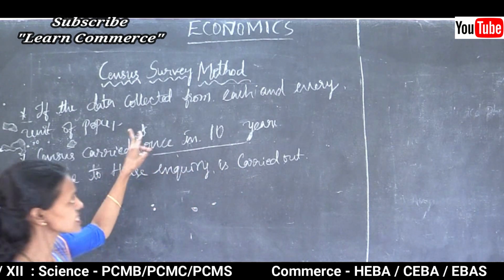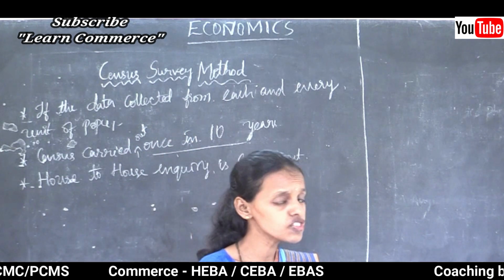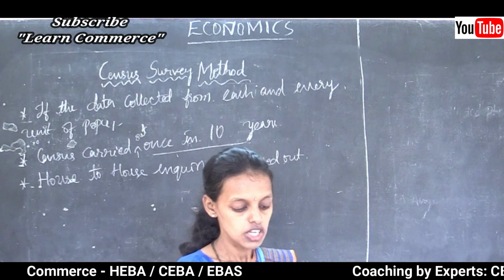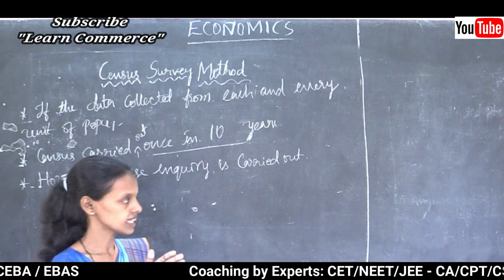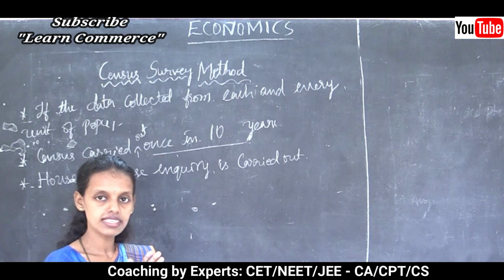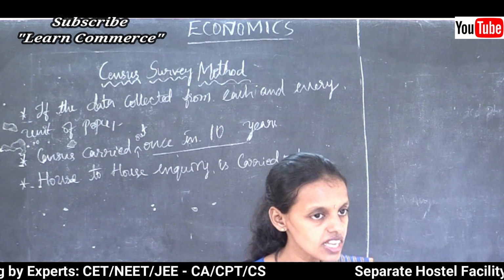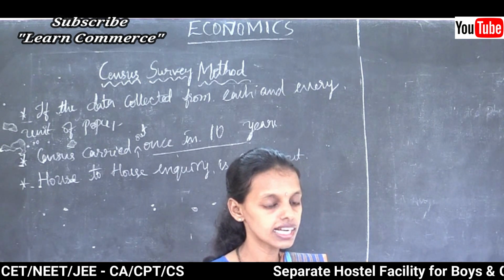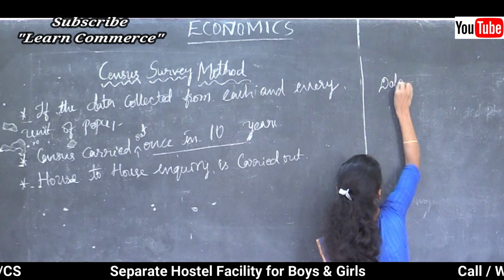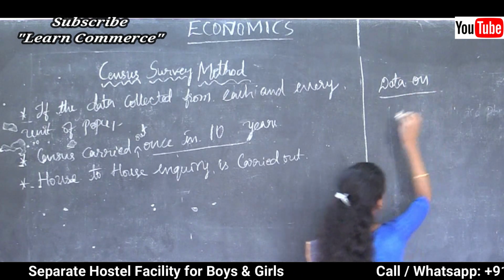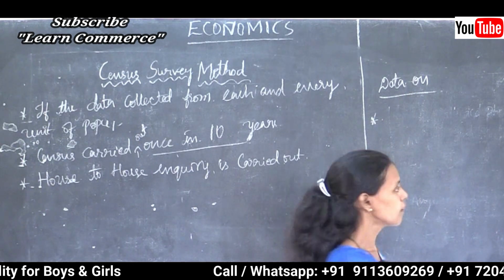Thus, see students, the census survey method is one of the best methods to collect information from each and every unit of population. How do they collect the data? Data are collected on the basis of census. Each and every house they visit and collect information. See here properly, students. Data is collected regarding birth rate,